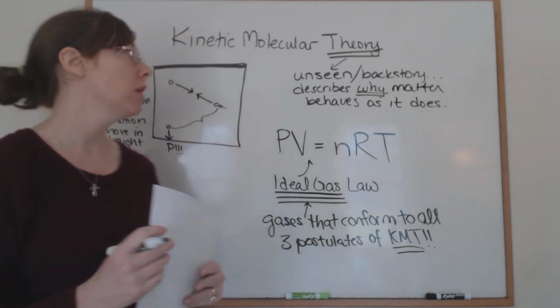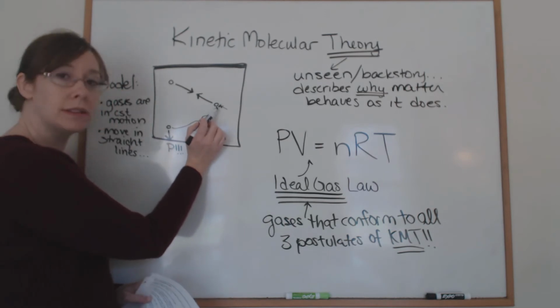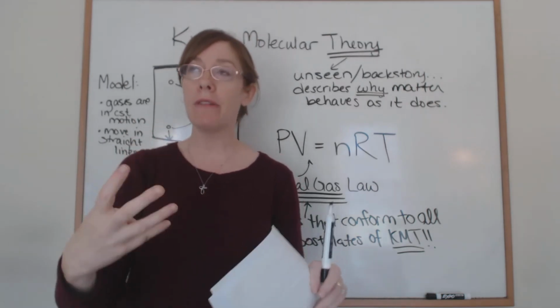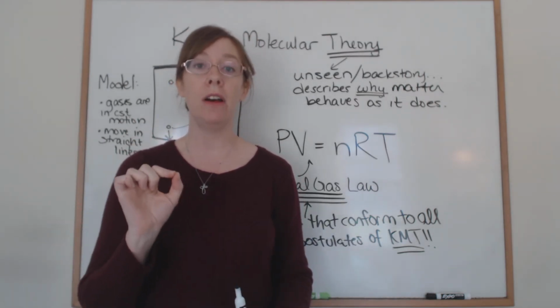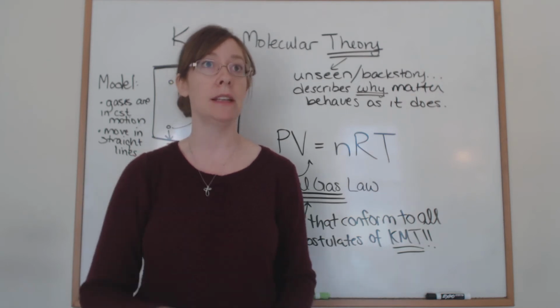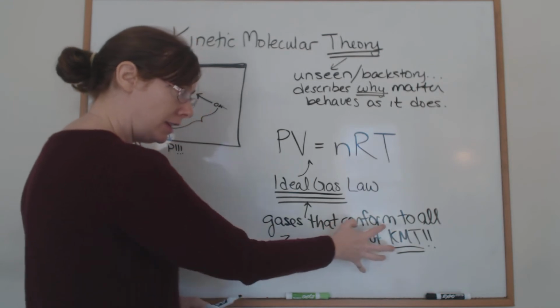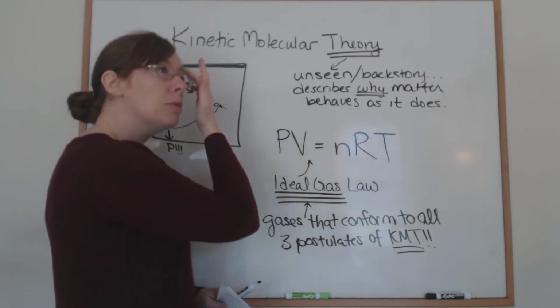They have particles that are so small in size that we can ignore the size. They have average kinetic energies that are proportional to the temperature, and they have perfectly elastic collisions. So because they obey all three postulates, they will obey this equation perfectly,